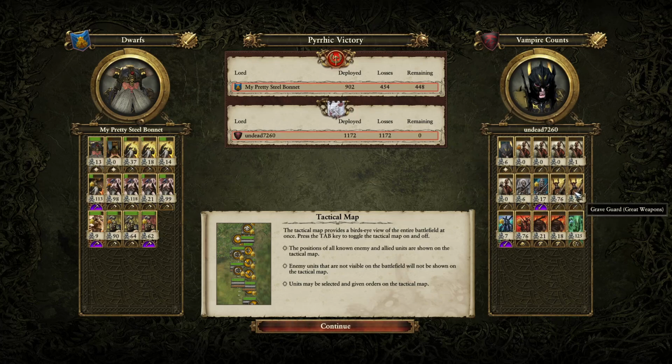700, 775 for the Great Weapons, with only 126 for the Sternsmen. 855 there from the Blood Knights, with 750 and 513 from the Vargolfs, and 125 kills, 16,000 damage dealt, 2018 damage value, and also a silver chevron. A very nice game here from Undead, but unfortunately getting caught by the very nice build of my pretty Steel Bonnet. So as you can see, 13 kills, 607 for Thoric Ironbrow, 370 from the Thane, 450, 380, 470, and